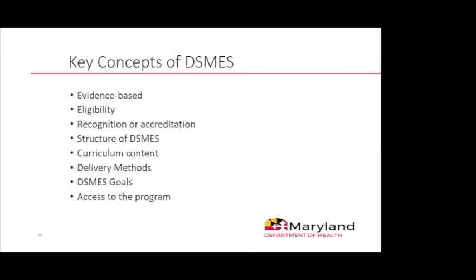Eligible participants can have type 1 or type 2 diabetes and can also be family members of people with diabetes. We heard earlier how instrumental family members are in reporting, and they're also instrumental in supporting folks with diabetes. DSMES is a 10-hour program that's offered by programs accredited or recognized by the American Diabetes Association or the American Association of Diabetes Care and Education Specialists, formerly the AADE, or American Association of Diabetes Educators, if you've heard of that. Classes are facilitated by diabetes educators, nurses, and pharmacists, and may be delivered as group or individual sessions depending on the need.